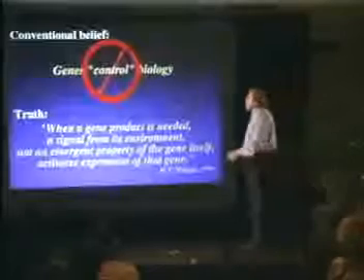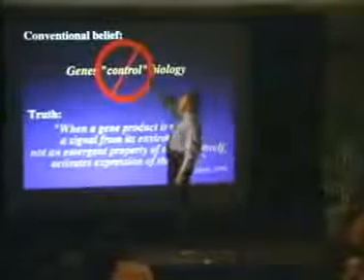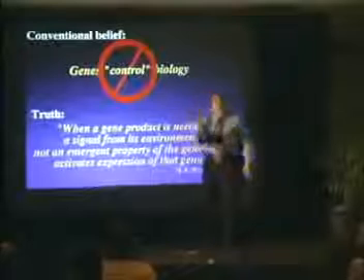For 50 years, we have believed that genes are in control. We've been repeating it and saying it over and over again for 50 years so that it's part of every textbook. And the bottom line was that was never a scientific reality. It was never scientifically established that genes control anything. It's not true. What is the truth? Well, the answer is this. The first thing, the conventional belief, genes control biology, is totally false. Why? Genes can't turn themselves on. Genes can't turn themselves off. How are they going to control anything? They can't control themselves. So bottom line is the genes aren't in charge. So the question is, if I need a gene to